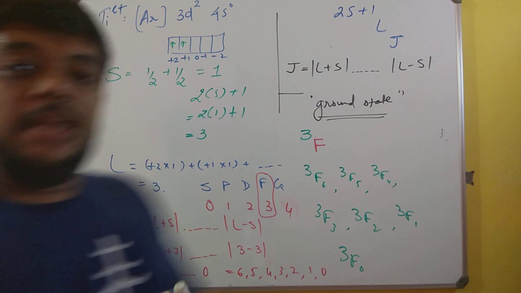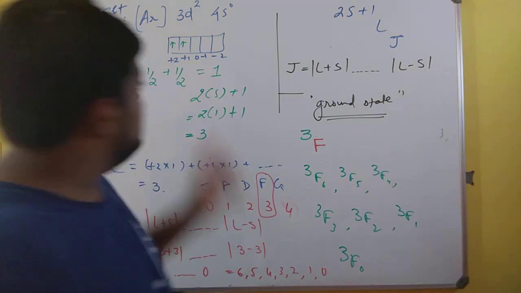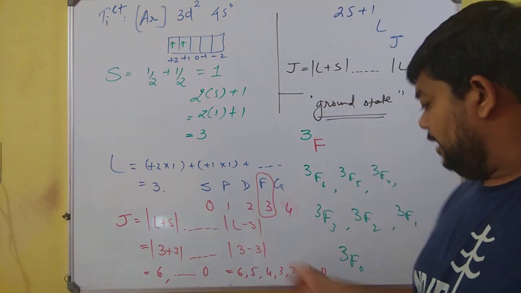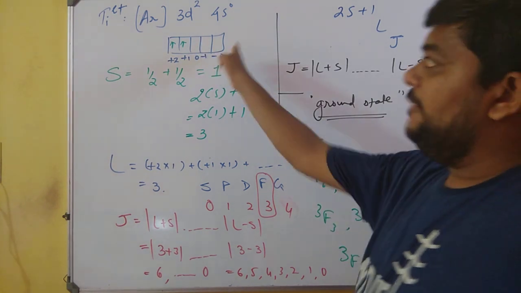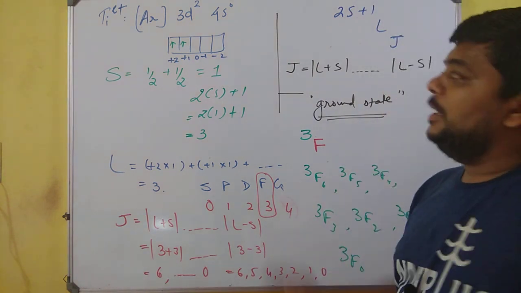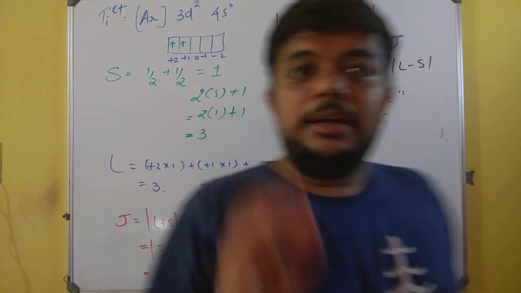Now comes the selection rules, and that is a totally different thing. But as of now, when we are just asked to write the answer, it is very simple, we write like this. But if we are asked to assign the ground state for the term symbol, then there will be several rules. If our suborbitals are less than half filled, then L minus S will determine the ground state. If we have more than half filled suborbitals, then L plus S will determine the ground state, and if we have exactly half filled, then only S will determine the ground state for a few selected examples.